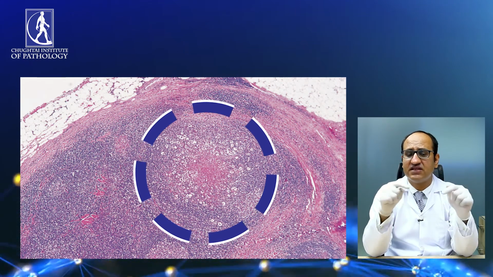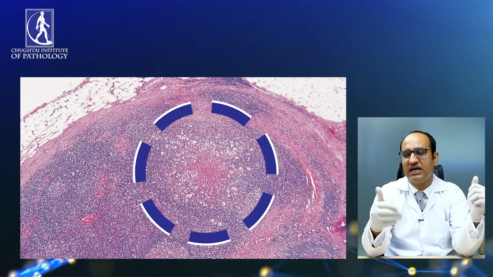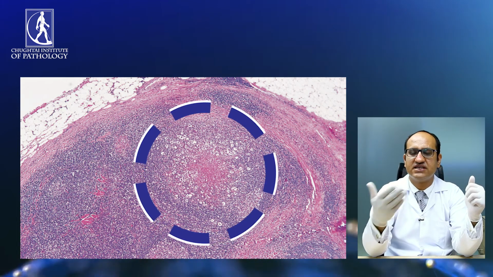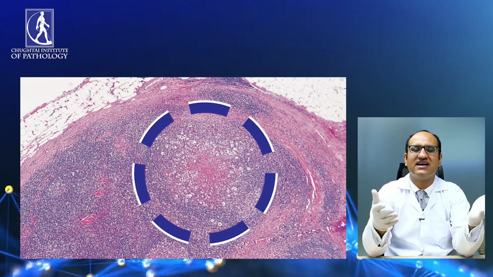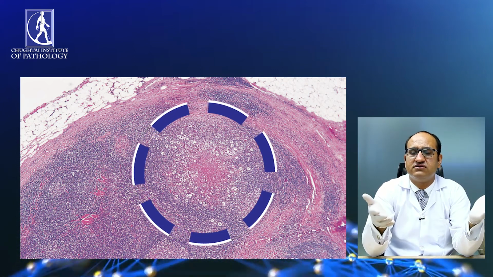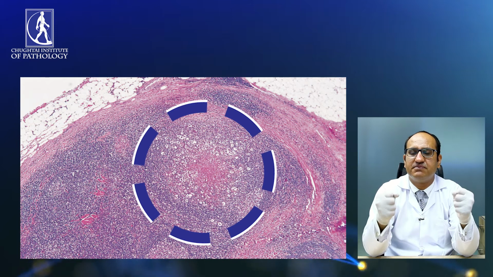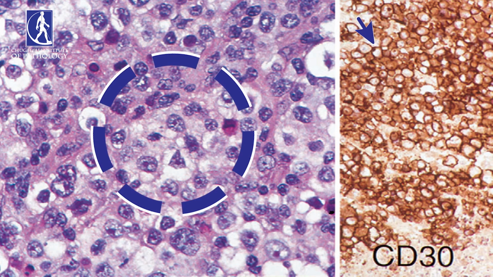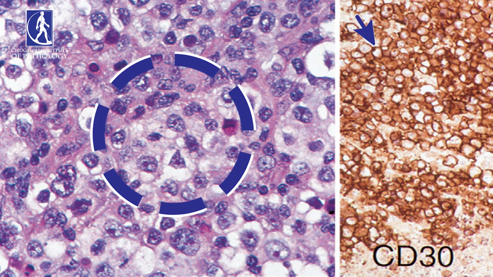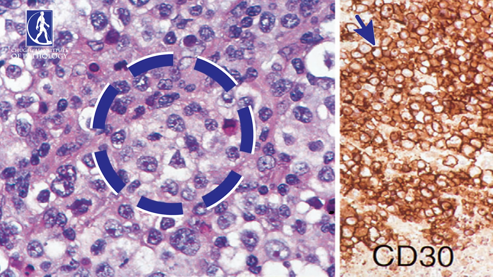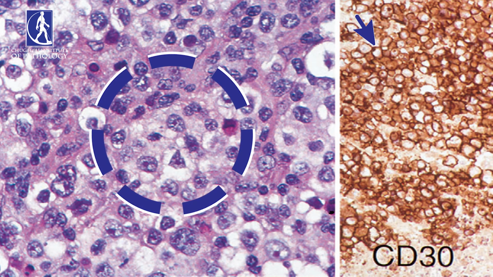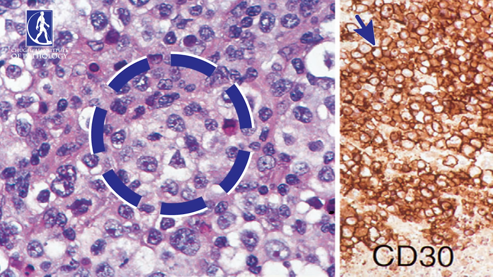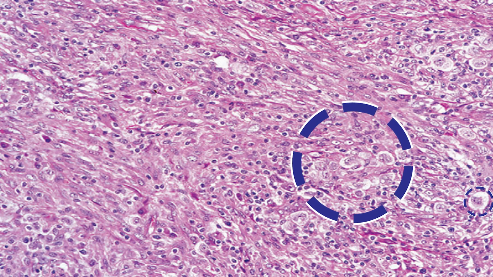When you go on high power within a nodule, you will see the mixed inflammatory background that I already described, that is neutrophils, lymphocytes, plasma cells, histiocytes, and you will see scattered RS cells. Most of the RS cells may be classic RS cells, binucleated cells with prominent inclusion-like nucleoli, or you may see lacunar cells that I had already shown you in a previous picture. So CD30 IHC stain, when performed as you see in this picture, is positive in these cells, and here you see the presence of lacunar cells. The lacunar cell is one of the cells that is classically seen in cases of nodular sclerosis classic Hodgkin lymphoma.